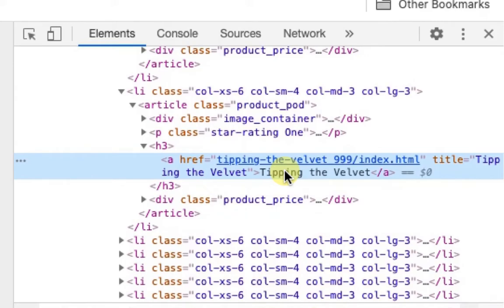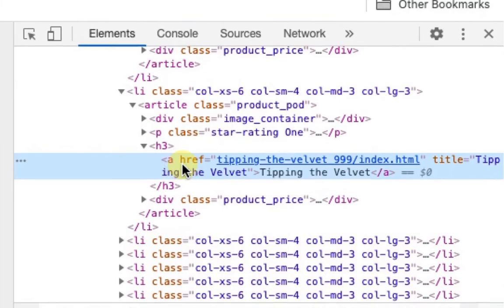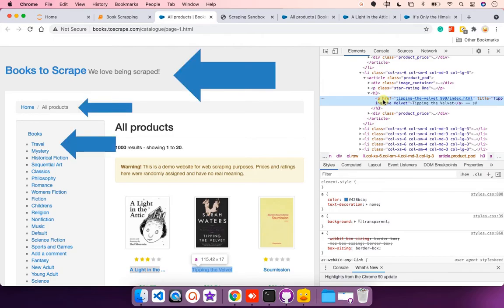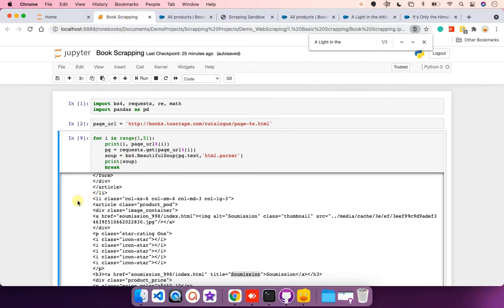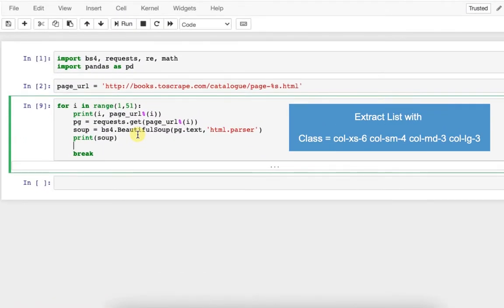Now you will ask me why we are not extracting all the a tags. This is because a tag doesn't have any class name, just like we had for li tag. And a tag is basically for hyperlink. So there are multiple hyperlinks throughout the page. There is hyperlink behind the banner, behind these lists. So let's go in systematic way. We are very sure that these books are in li tag with class name this. We will find all the li tags with class name equal to this.